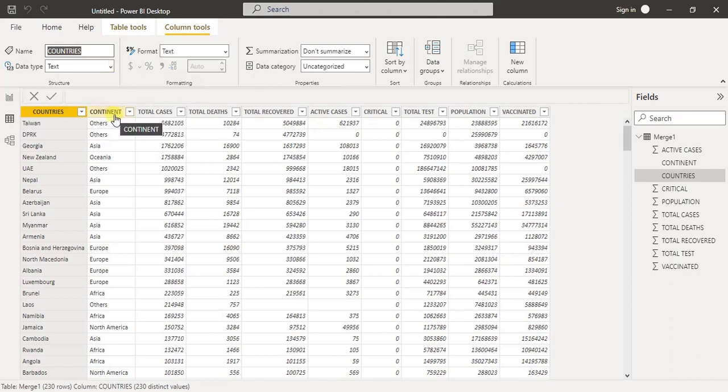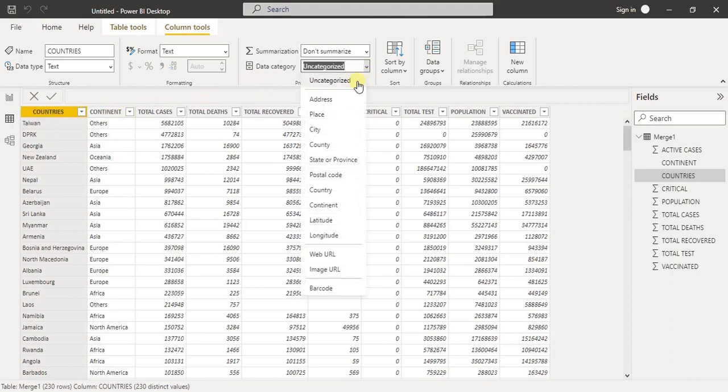Remember I told you in almost all the lectures we've had that data type is very, very important in anything related to data analytics. So if your data is not well described, you may want to correct that in the data view. In this case, I may want to say the data category for this column is